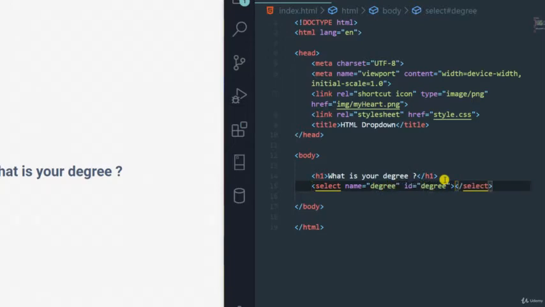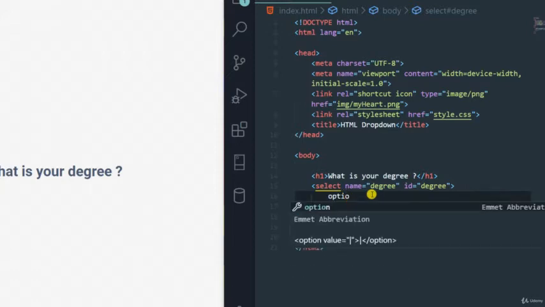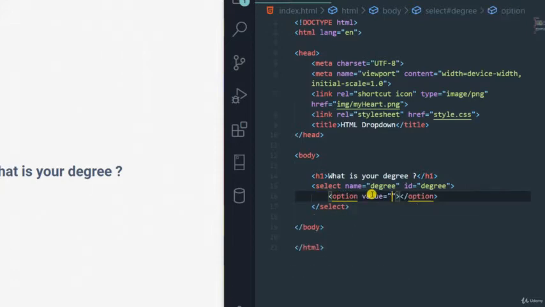It's all about back end, but we usually use the ID attribute as well to select an item in CSS if you want to style it. The name is, again, for when it comes to a server-side language, which is like PHP mostly, or maybe it's Node. It depends on your preference. But now let's select an option. See, as soon as you select an option, it asks for a value. So we write diploma, college diploma,